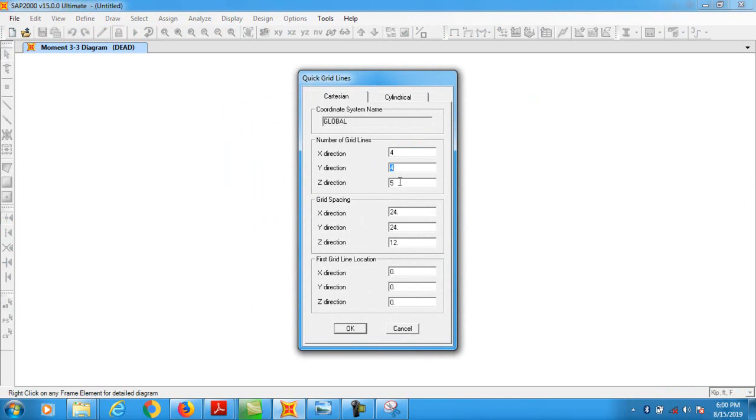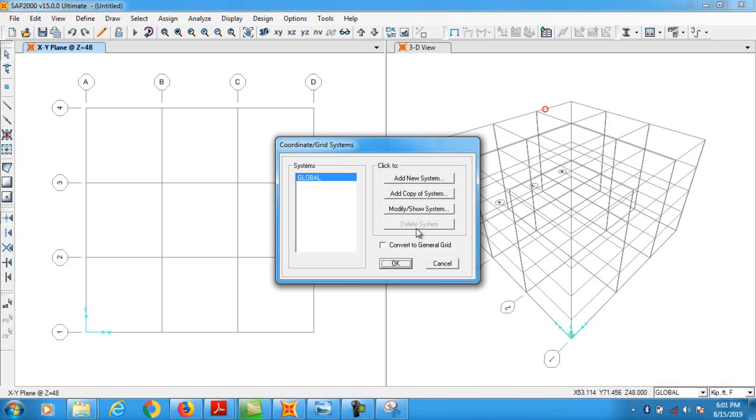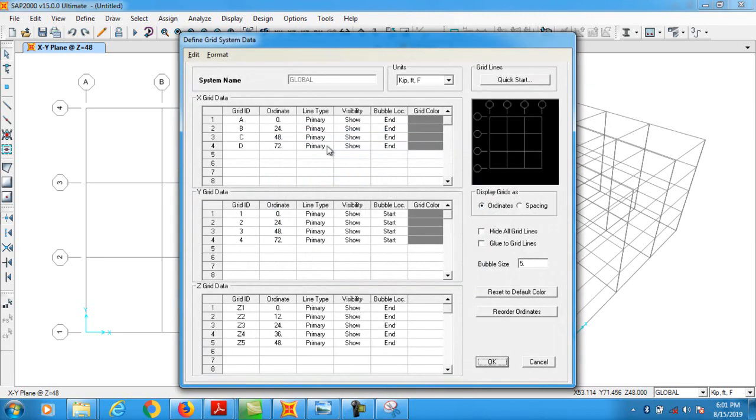In the Z direction there is 3, in the X direction you have 20 feet. In the Y direction, assume it is 1, and just insert any value, because you have to edit the spacing. Clear? And then you need to edit the spacing, edit grids, and there you can insert